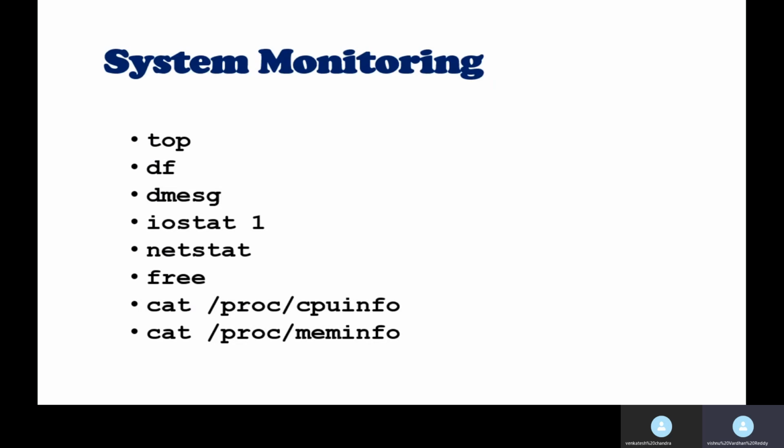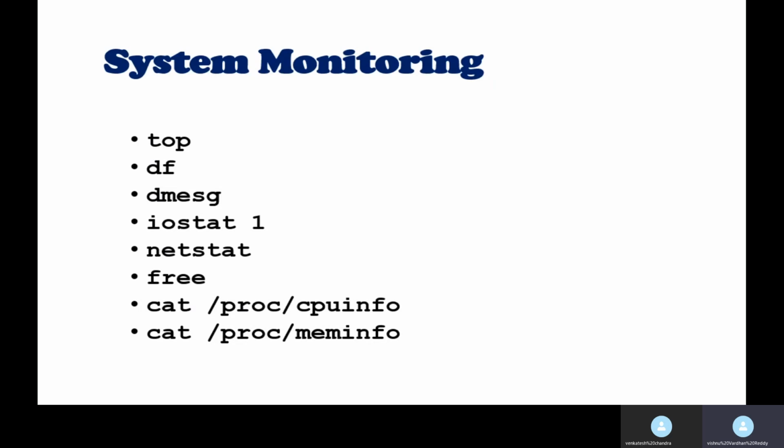And then dmesg. The dmesg command gives the driver messages, also called display message. It will examine the kernel ring buffer and print the message buffer of the kernel. The output of this command contains the messages produced by the device drivers.